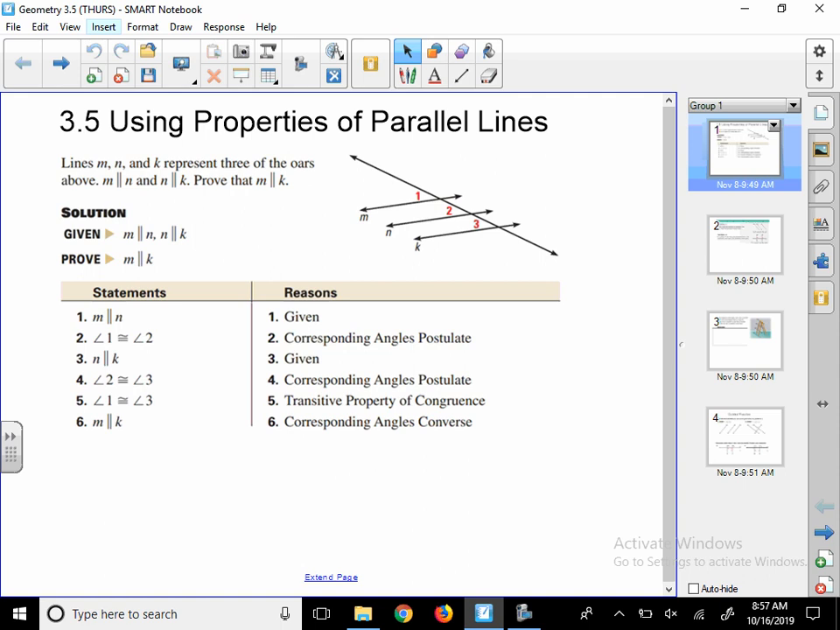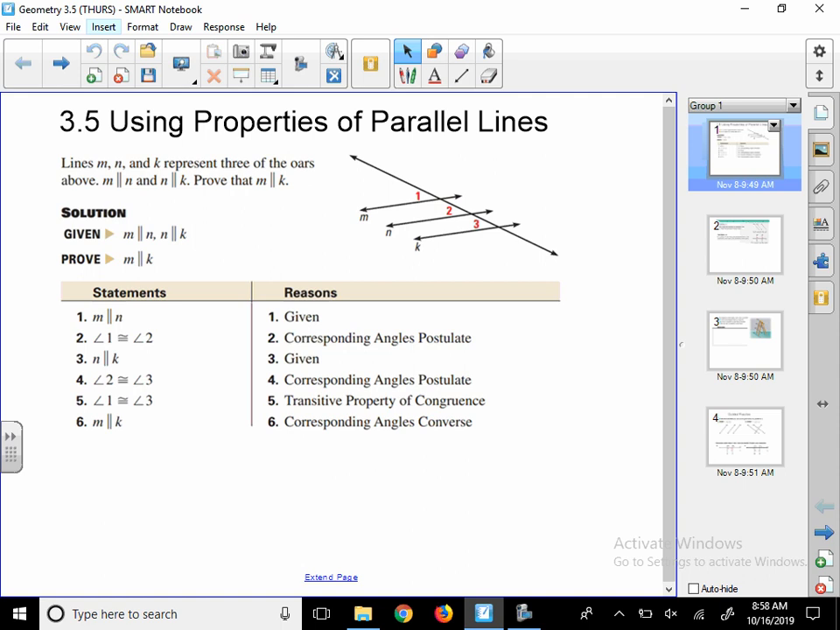So really, if you guys haven't picked up yet, we're dealing a lot with parallel lines this chapter. And really, this is just going to be using what we've been talking about the last couple days. So, in the setup here,